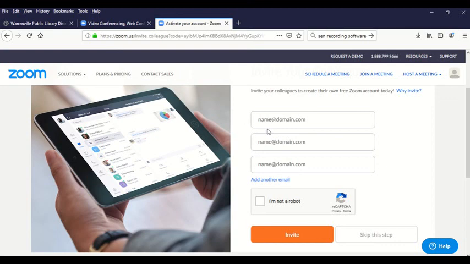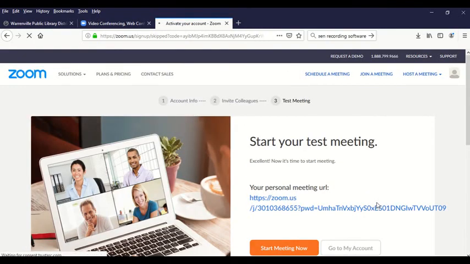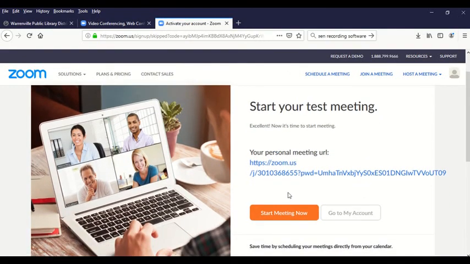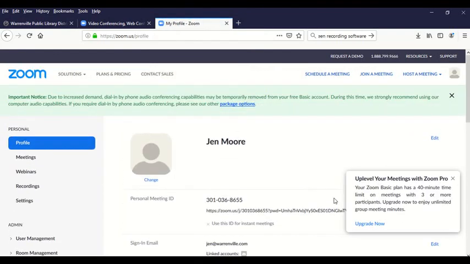Probably people can take care of that themselves, but if you are helping someone else set up an account, you can definitely put in their email. It will just send them that confirmation link. They just have to click that. Go ahead and let it know that you're not a robot. Skip this step. That's fine. And they'll set up a test meeting for you so you can try out all of your information. In your account,